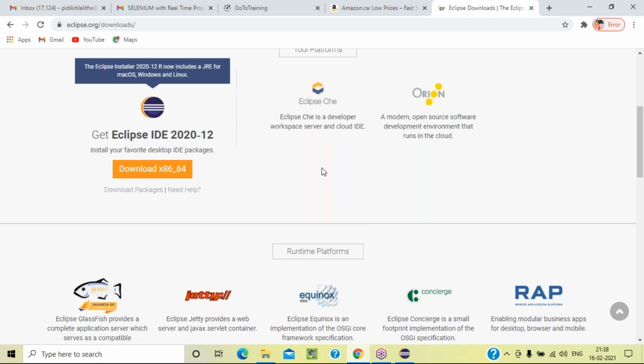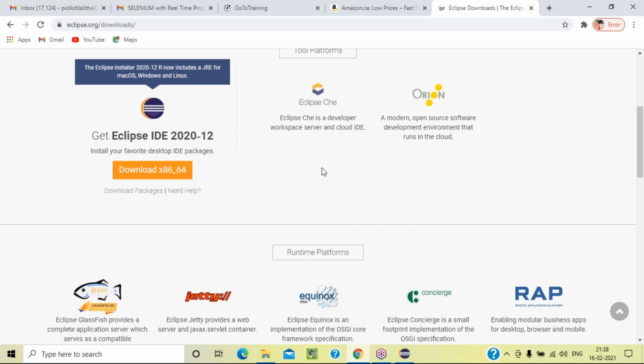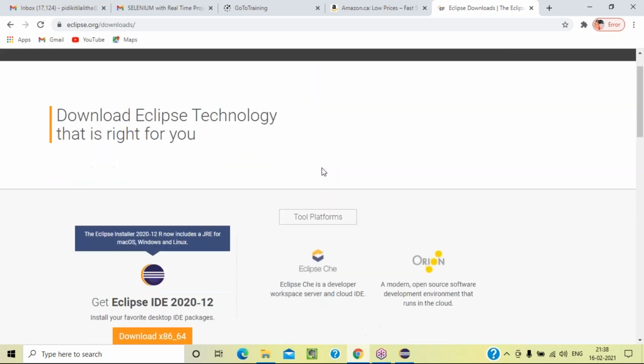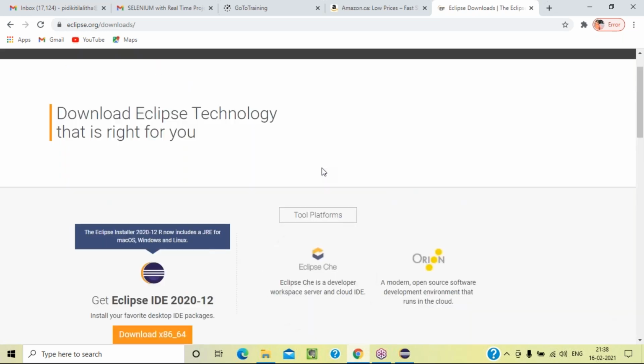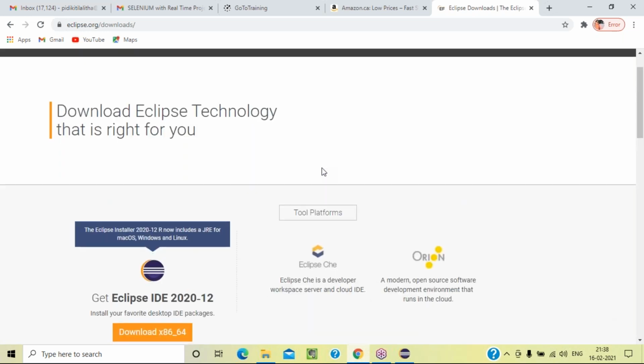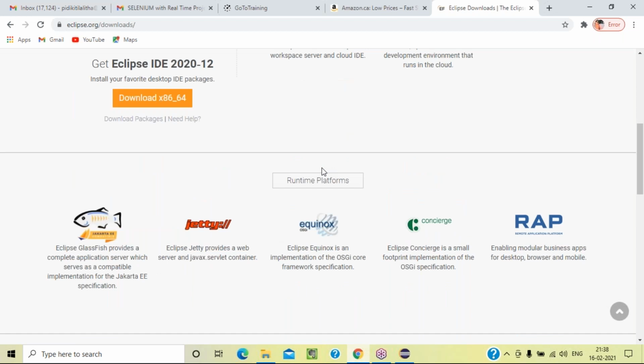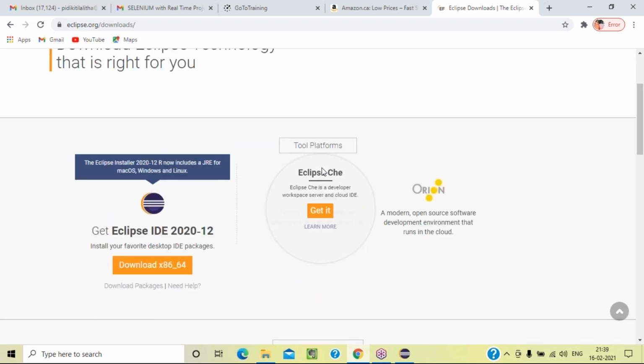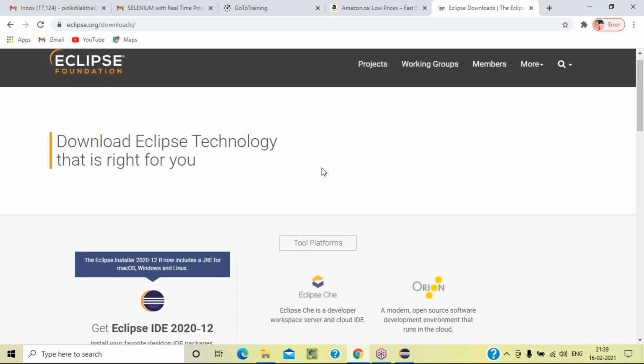Sir, there are so many types, like Java, PHP. First you can select the IDE, that is enough. Once you download this one, it will ask you, and the first one you can select. We are not developers, right? The first one, IDE, is enough. Download that, okay. If you still have any questions, you can call me.